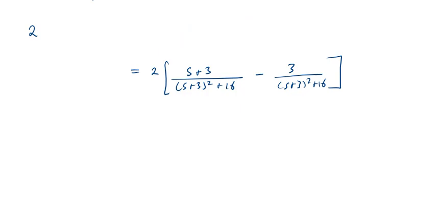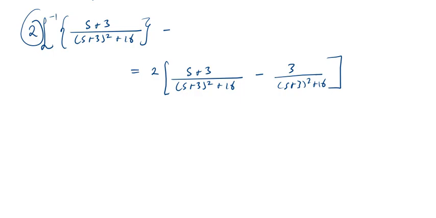If you distribute it, then inverse Laplace transform of, let's pick this guy and place him here. Then I'll say minus again this 2. So allow me to use this 2. If you multiply 2 by this 3, you're going to have a 6. So I'll just put 6 on the outside, then